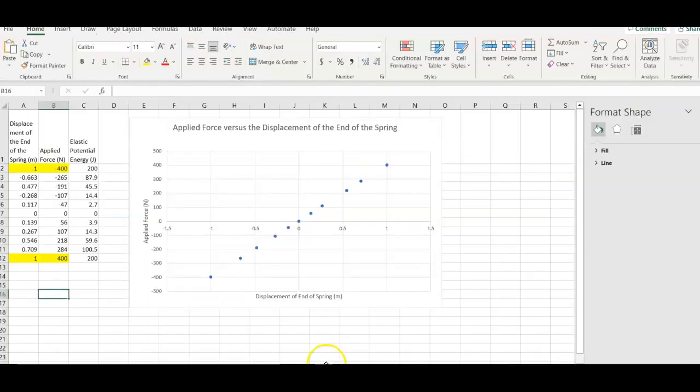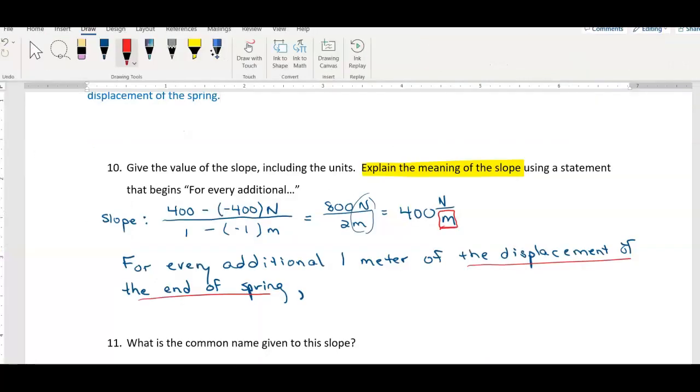And remember, that's what I have on my x-axis here, displacement of the end of the spring. The unit is meters. Okay, so for every additional 1 meter of the displacement of the end of the spring,